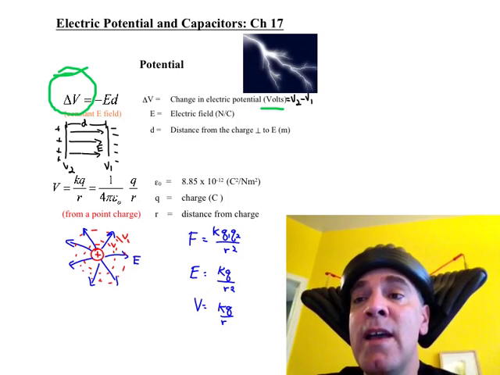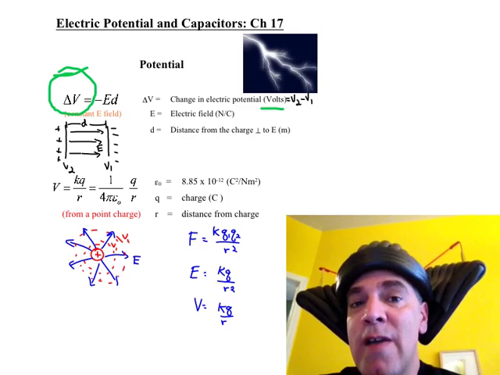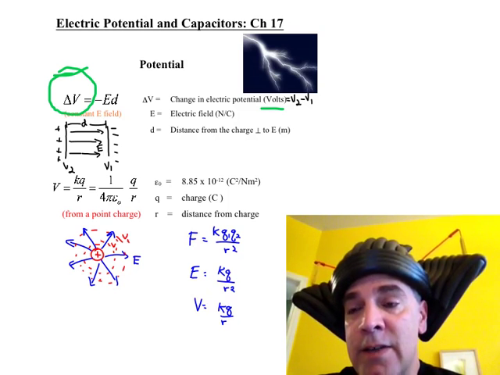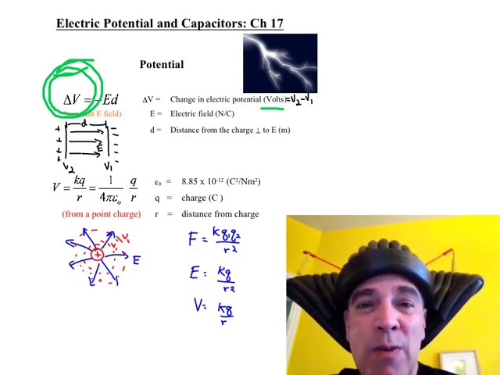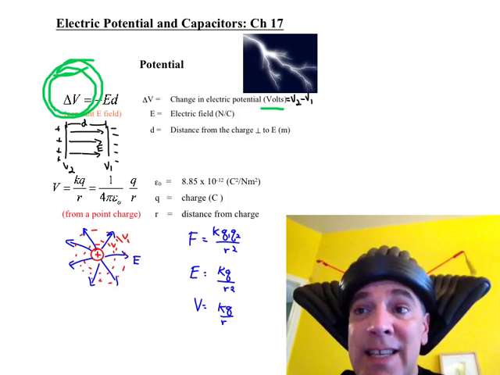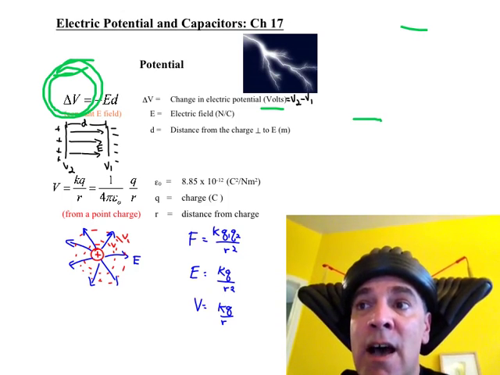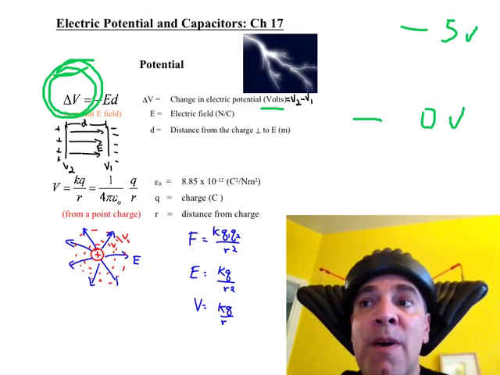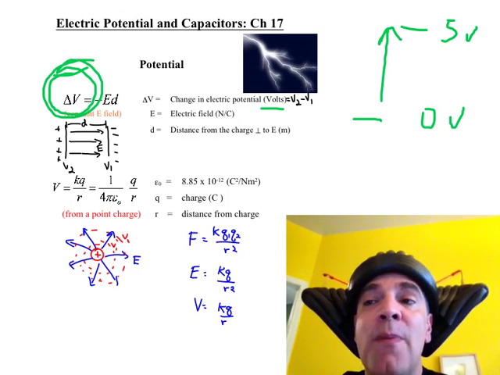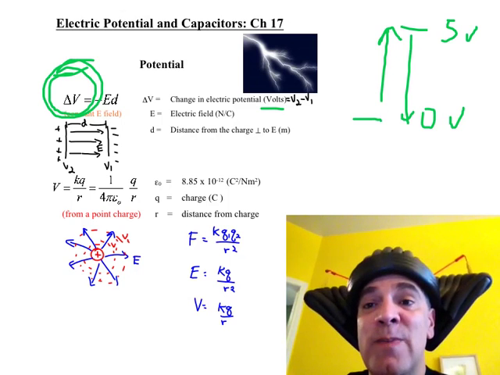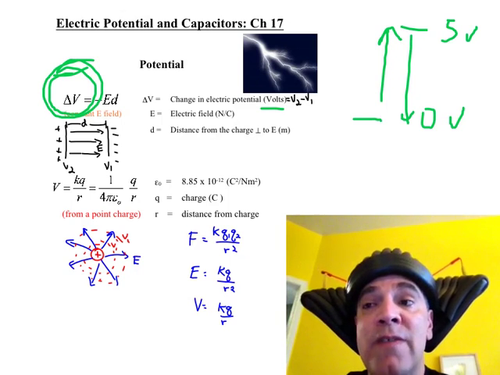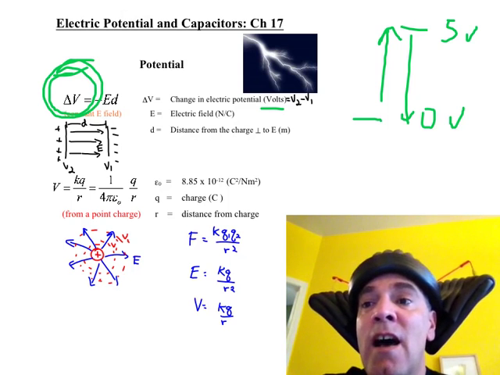The same way we used height when we were talking about gravitational force and energy, like mgh, potential is similar to that for electricity. It's what we use to calculate the energy. A lot of times we even draw pictures where we use height to represent different potentials. If we go from 0 volts to 5 volts, we have to go up, so we have to give it some energy somehow. And if we're going from 5 down to 0, we can get some energy back out, the same way we did for gravitational heights. So a lot of times we think of V as the H